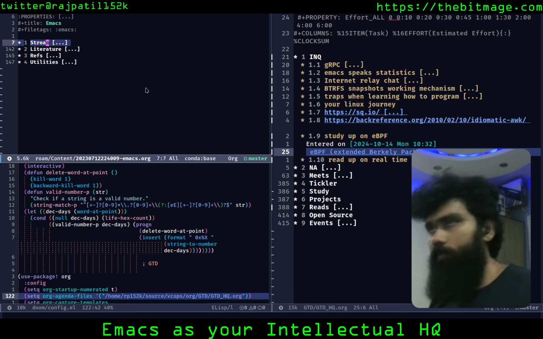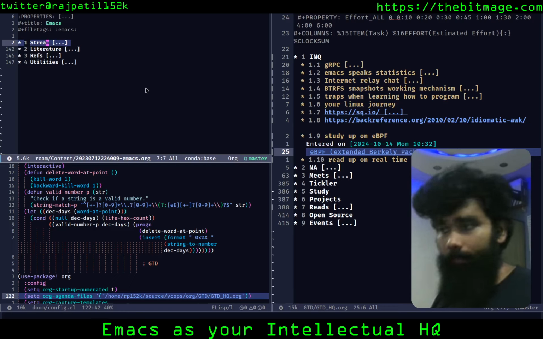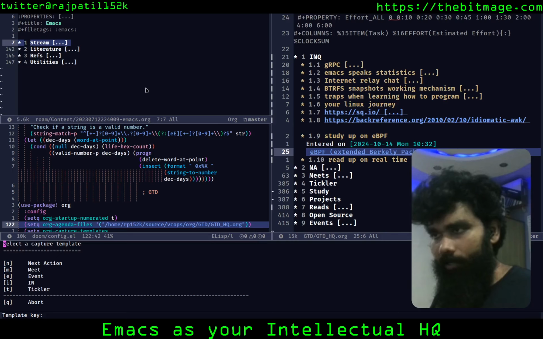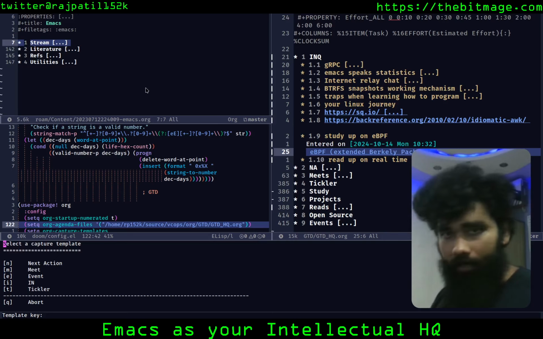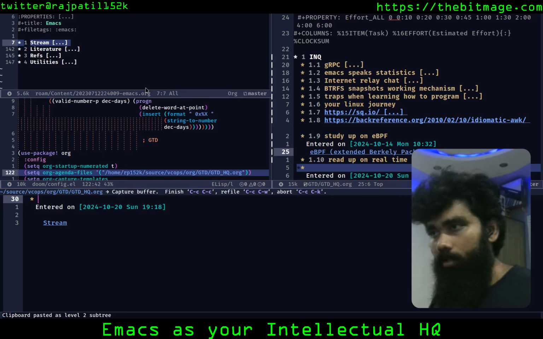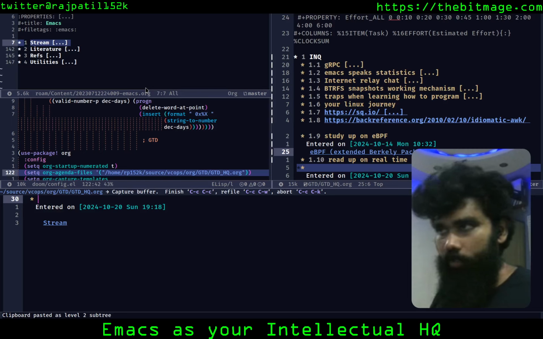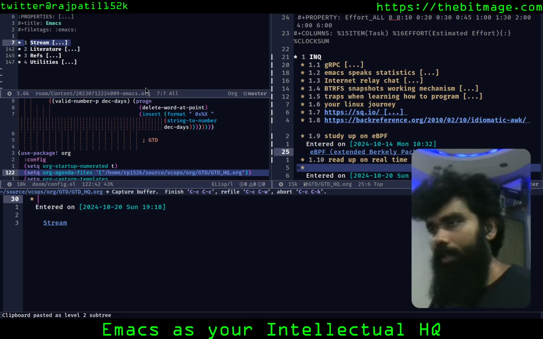So right now I'm just going to hit space. I'm just going to record something in my inbox. To record something, I'm going to hit space N N, and I'm going to hit I for my inbox. So there you go. It opens up a mini buffer. You see that it is pointing to my file, the gtd.org capture buffer. It enters the time by itself, and I just say a test inbox.